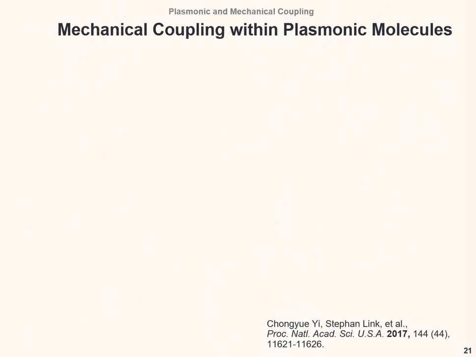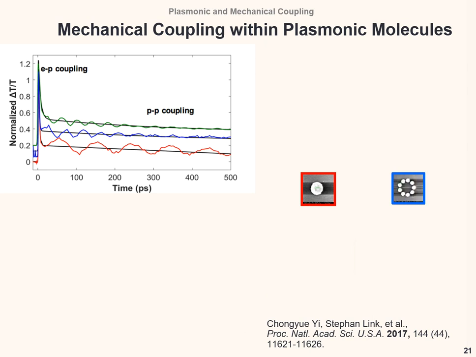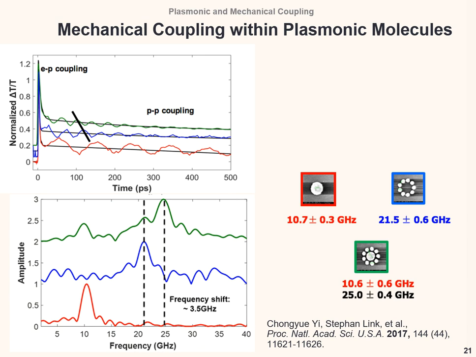So what I did is I fabricated these three different structures. We have a central disk, a larger nano disk, 100 to 200 nanometers, and the outer ring, where each particle is about 80 nanometers. And then I put the central disk into the nanoparticle ring. What we saw here is their acoustic vibration frequency has a very strong shift, belonging to the outer ring mode. For example, without any coupling, the frequency is about 21 gigahertz. But getting into 25 gigahertz, they shift about 35 gigahertz without changing any size.